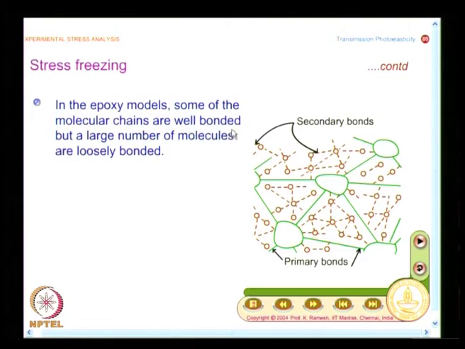So, the well bonded ones you call primary bonds, and the chains that are loosely bonded you call secondary bonds. And what happens is, when I apply the load,